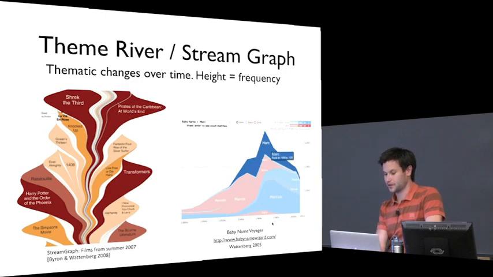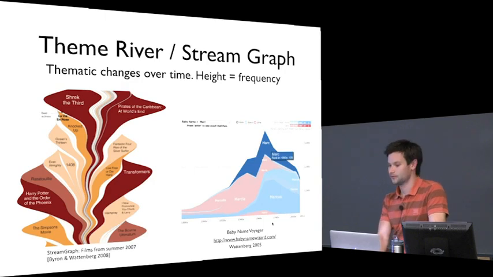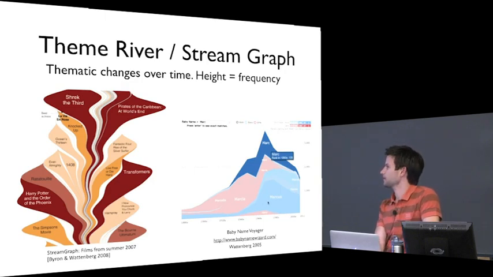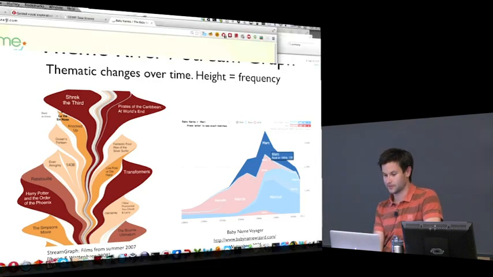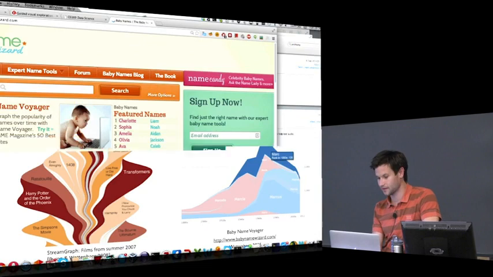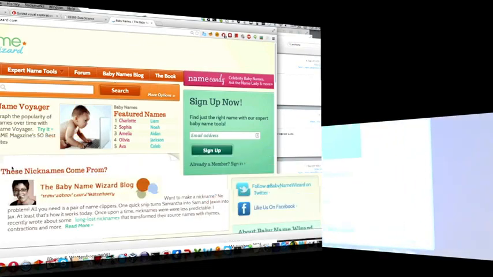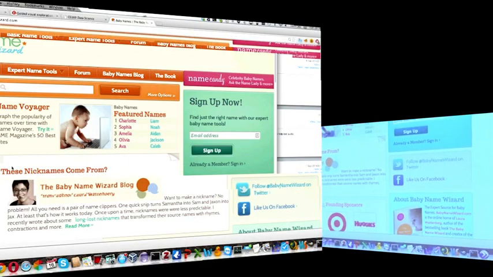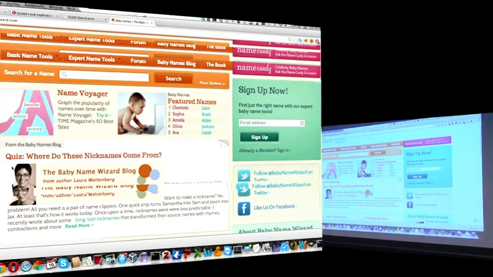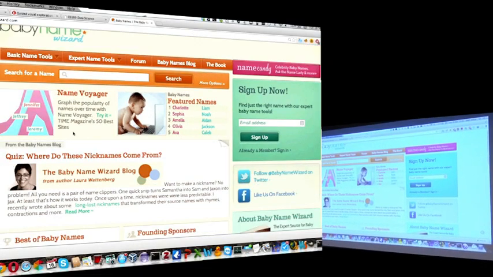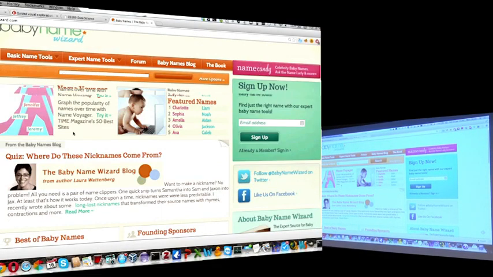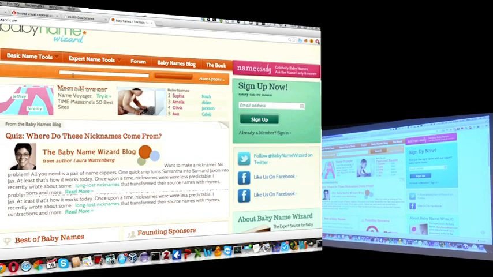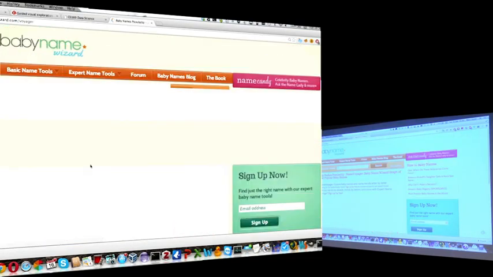Another version, published by Wattenberg here, is the baby name Voyager. That's also a stream graph. And there you just calculate how many of the newborns were given a particular name. If I go to this baby name wizard website, and this guy, Wattenberg, he moved to work for Google some years ago. So if you go to, for instance, Google Analytics, then you will see what impact these guys have at Microsoft, at Google. So name Voyager, if we go here,